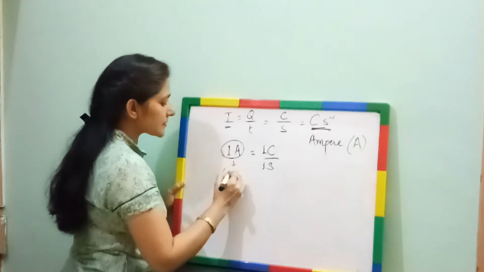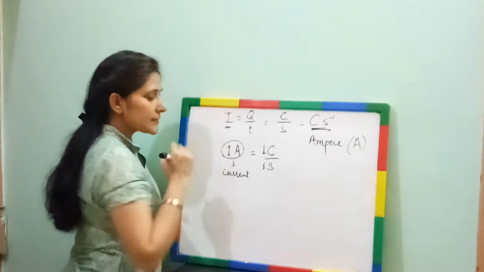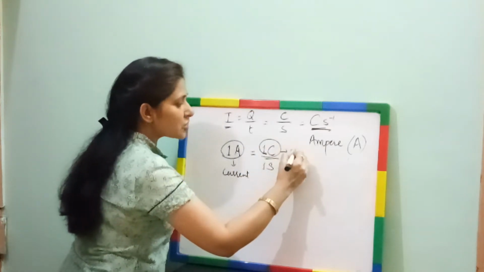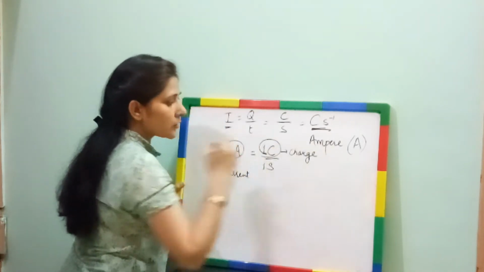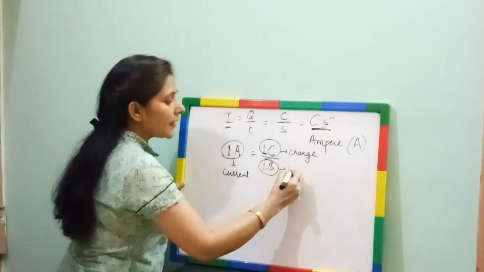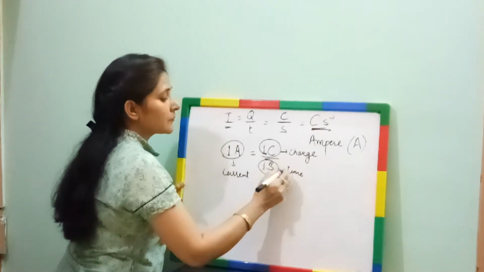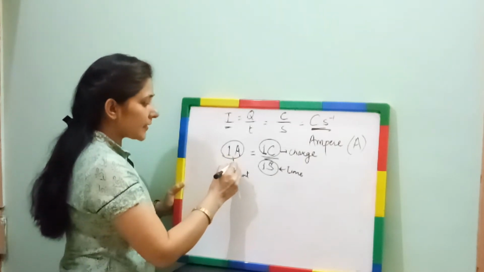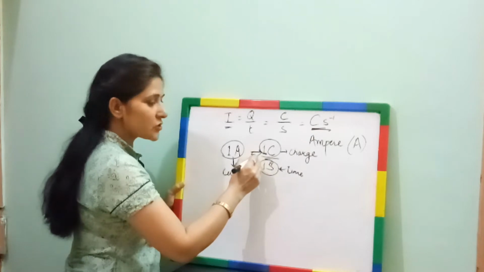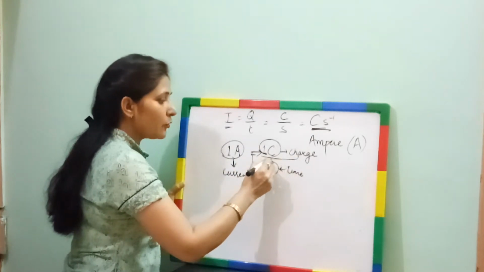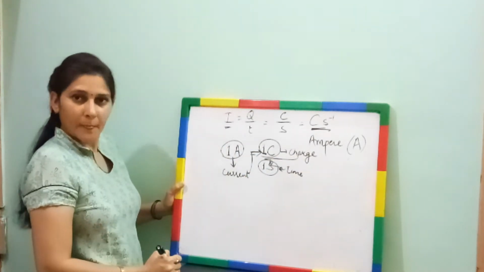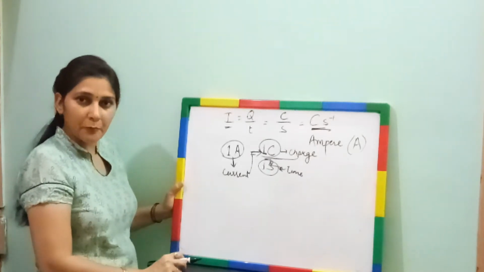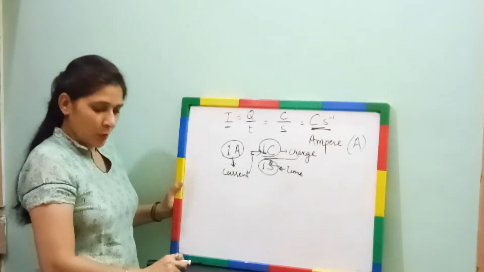What is this? This is the current. It is the amount of current. When is it? When 1 coulomb of charge flows through a cross section in how much time? In 1 second time. So 1 ampere is the current when 1 coulomb of charge flows through the cross section in 1 second of time. Okay, I believe everybody is able to write down this definition. Please read it once from your book so that you can write it in proper words.